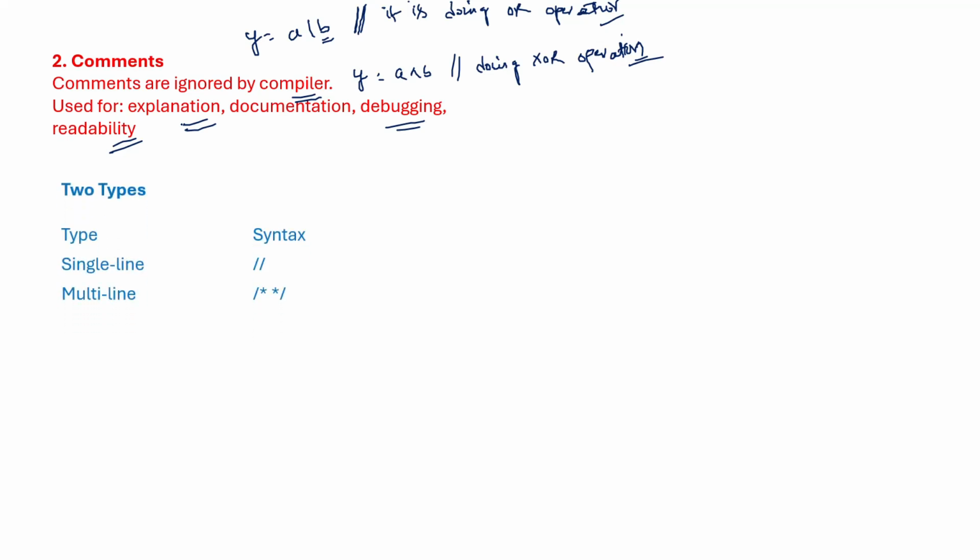So two types of comments are there. Single line comment, that means a single line I want to comment. I don't want this operation in my